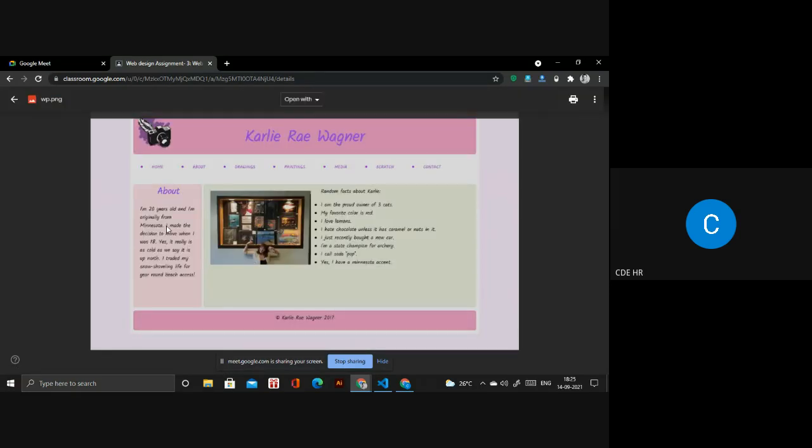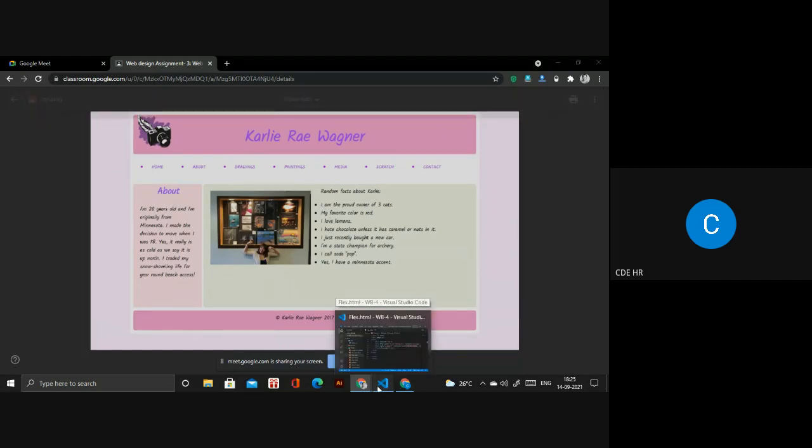Okay. So today we are creating that one, like a photography website. We have to create that by using Flexbox. Let's see. At first we need a header part, a footer part and a body part. And the body part will be divided into two parts, an aside and a main part. Okay, let's see.